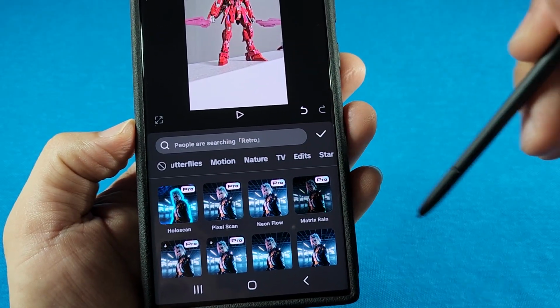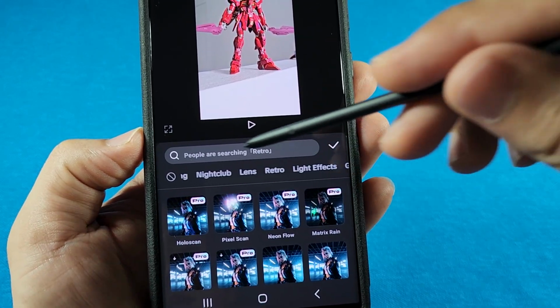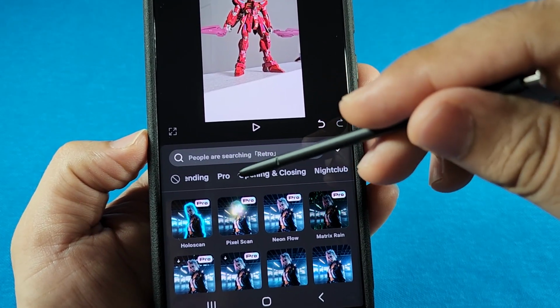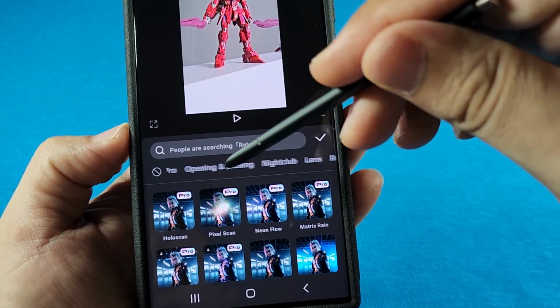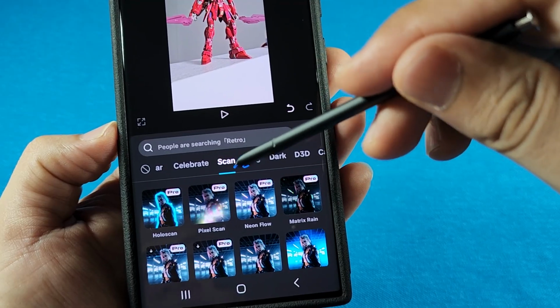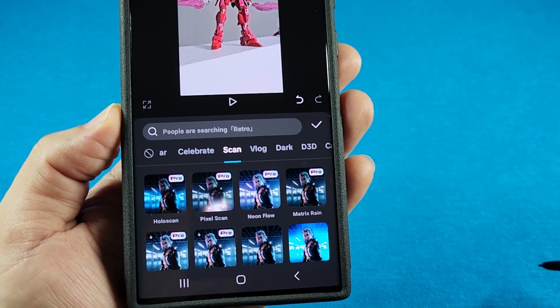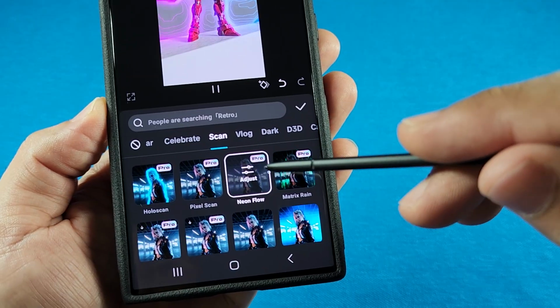And most of them are free for the most part, and some of them you'll have to pay for in the pro version. So you'll most likely start from this area here, and there's plenty of categories here, starting from the trending. You want to go all the way to the right side until you see the scan one. This is like the coolest section of all the video effects. Then you're going to look for the neon flow here, and once you apply it,